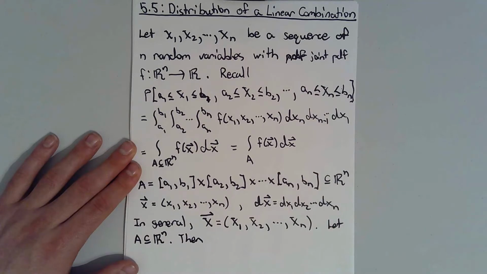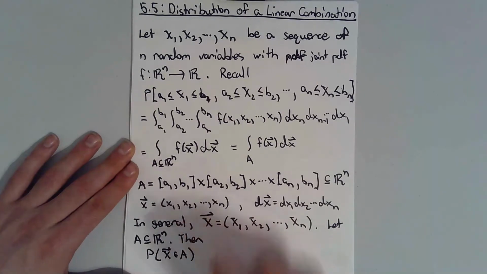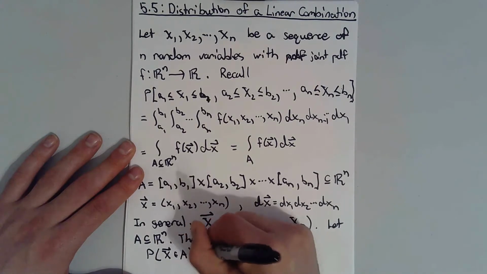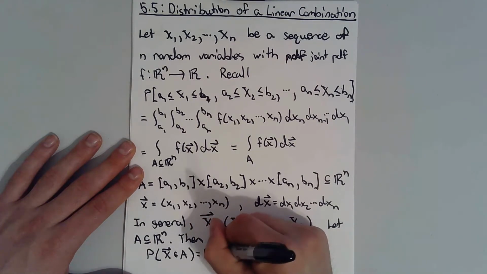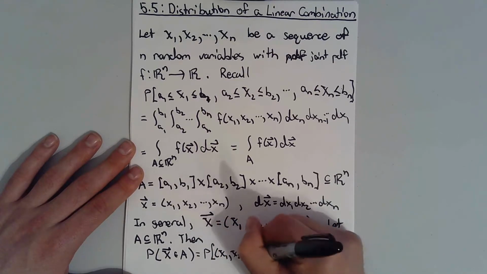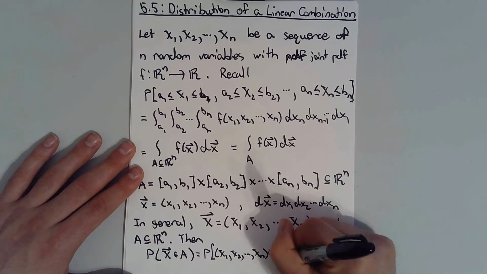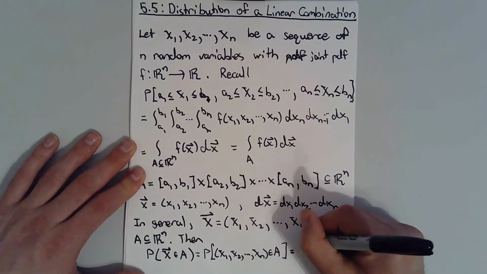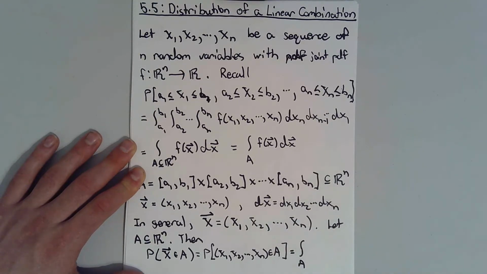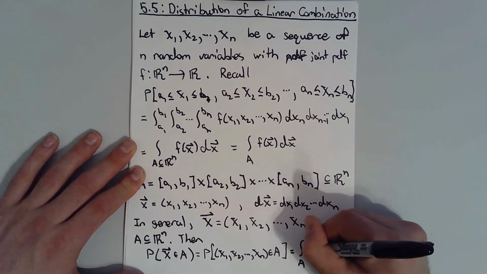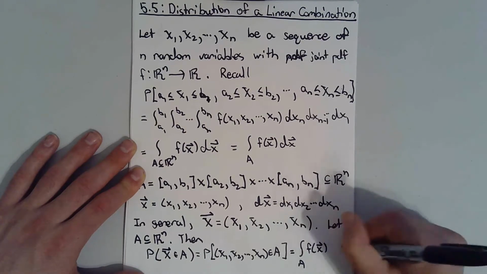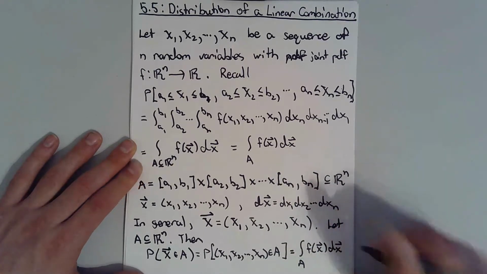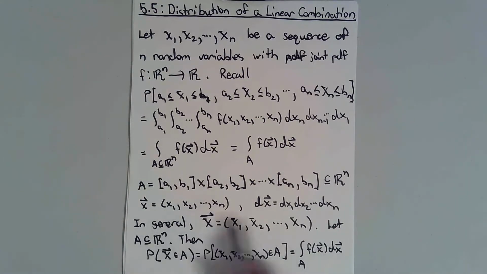Then it follows that the probability that our random vector is an element of the region A, which can be interpreted as the probability that this random n-tuple is an element of the region A, is simply the integral over A. So this is an n-dimensional integral again of our joint PDF, f of x vector x, dx, just like as follows. And these pieces are defined as a